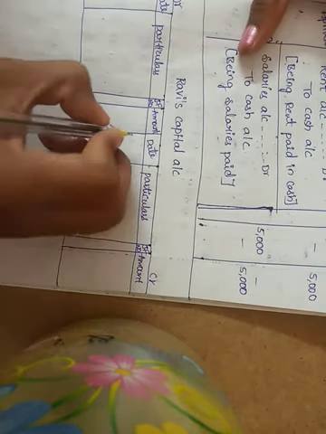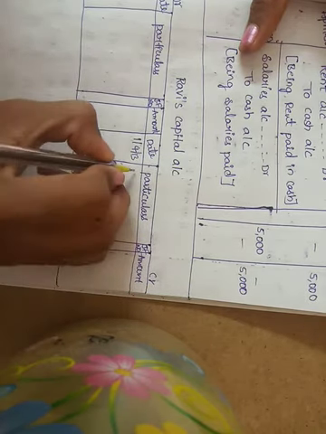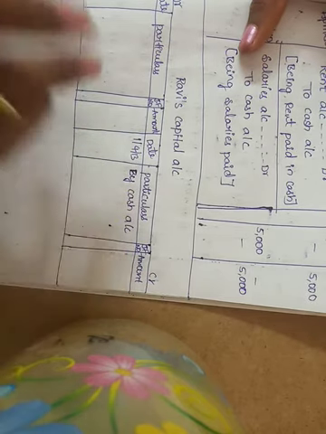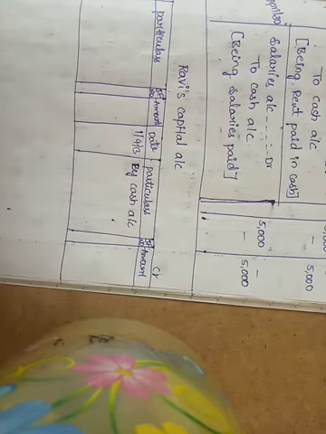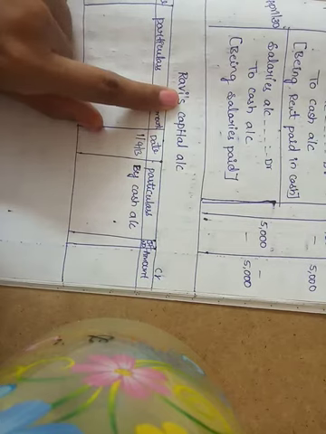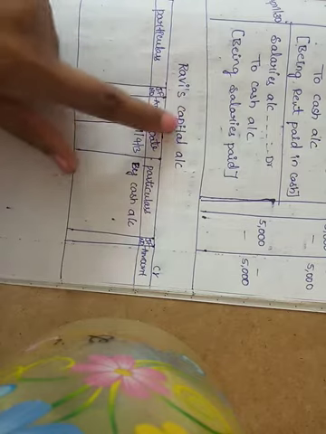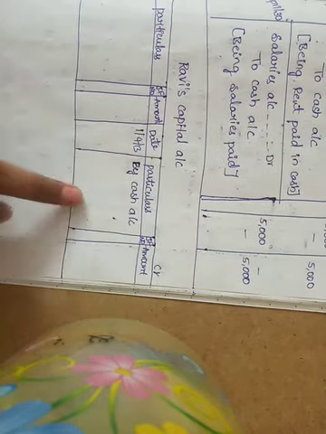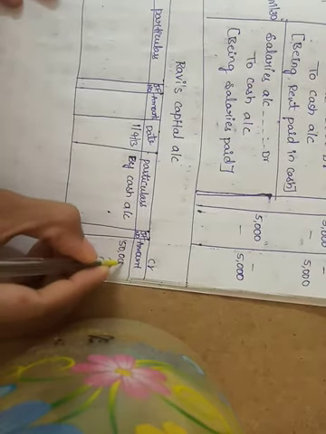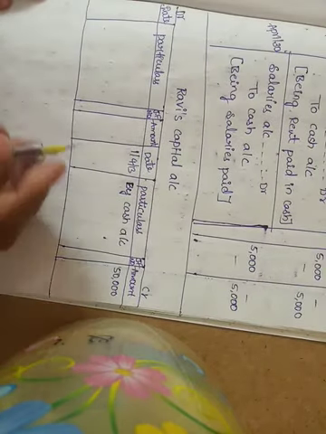So the date is 1st April 2030, by cash account. The actual entry is cash account debit to Ravi's capital account. So which account are we preparing now? Ravi's capital account. Which side is it in the journal? Credit side. So on the credit side of this account we write by cash account, and the amount is 50,000. Are there any other entries relating to this Ravi's capital account? No entries. So after writing this we close the account.